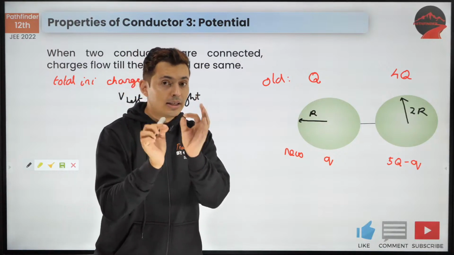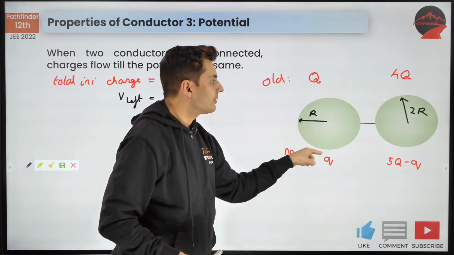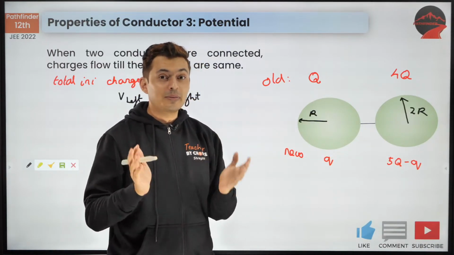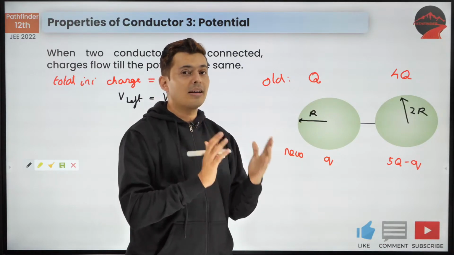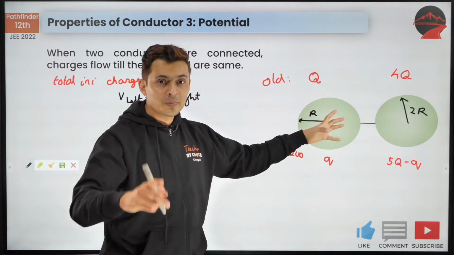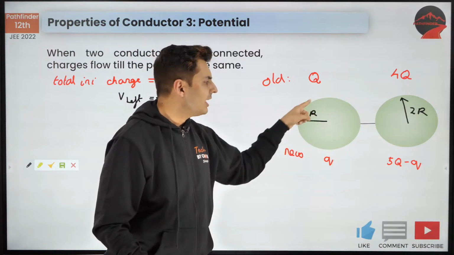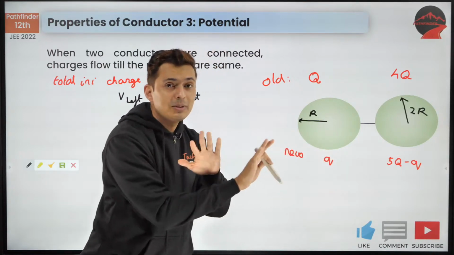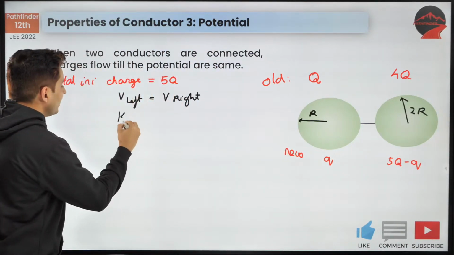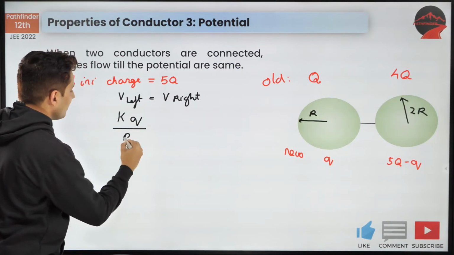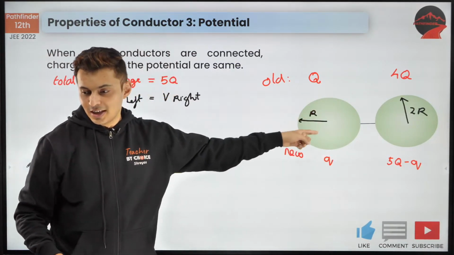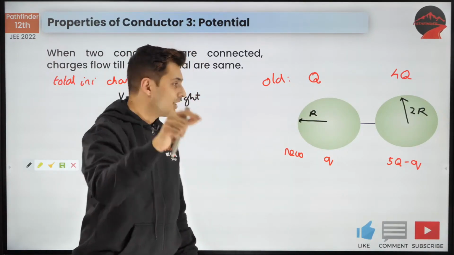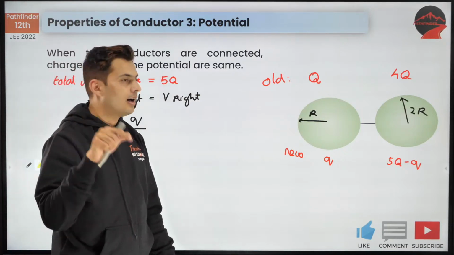Now think, guys, what is the potential formula? I gave you yesterday a formula for field and potential. You have also learned this in gravity. This is like a charged sphere having q charge. The potential anywhere, be it at the center, or here or there, will be the same. And how much will it be? It will be kq divided by the radius, which is r. Every point will have the same potential, kq by r, not r square. Be careful, r square is for field. Potential will have only r.